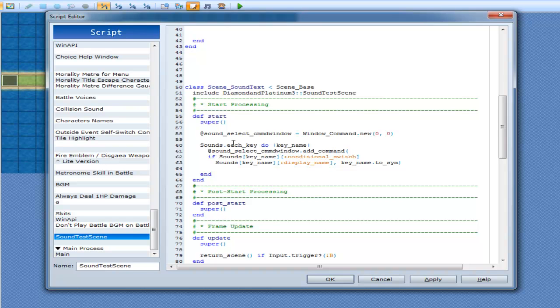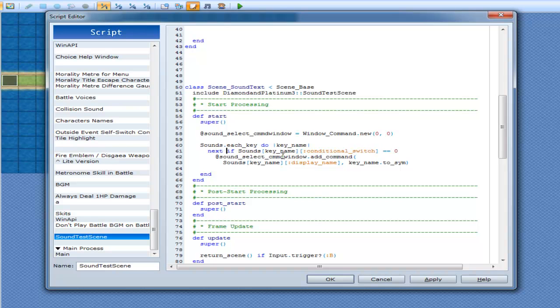I'm putting it in the wrong place. Nope. Put it there. If sounds key name conditional switch is equal to 0, so if you cannot actually turn it on at all,